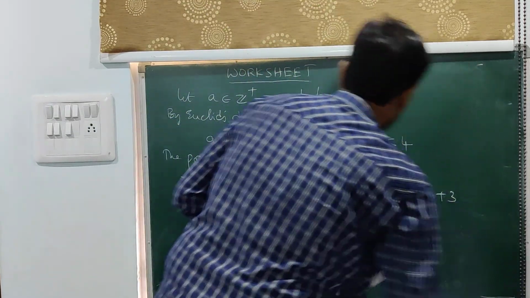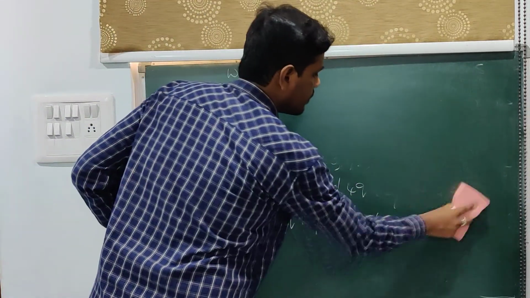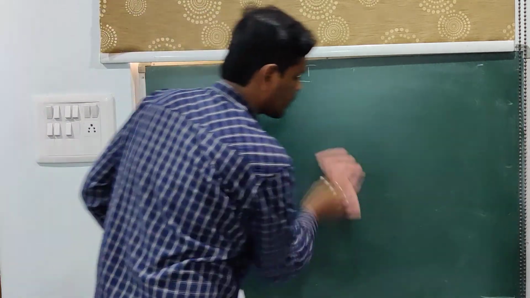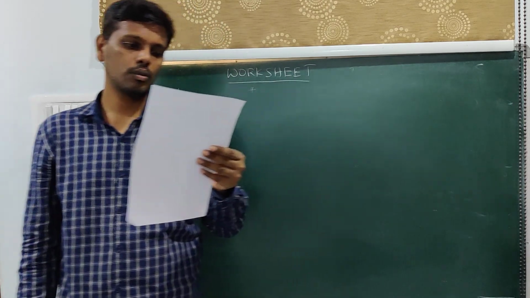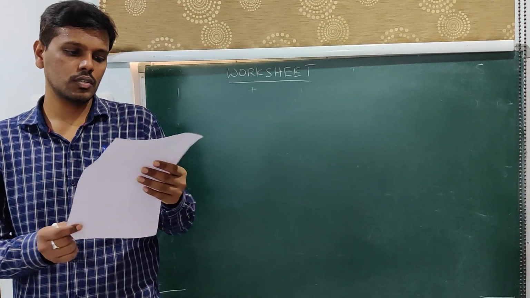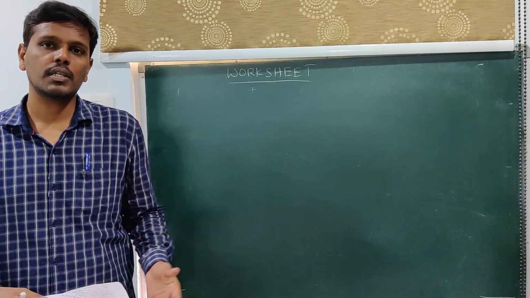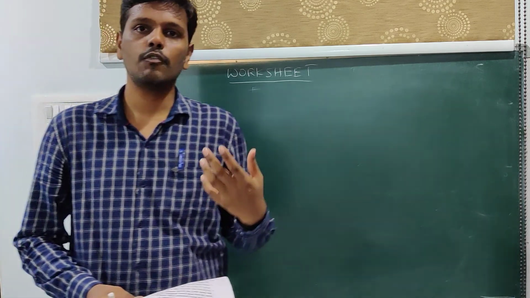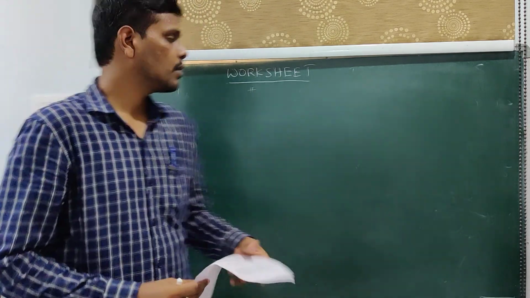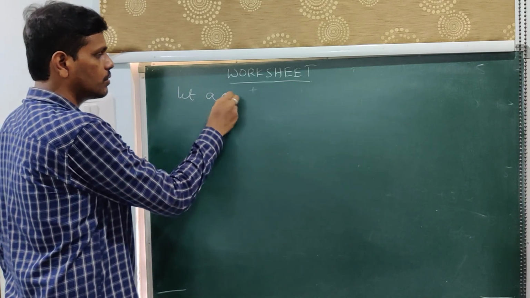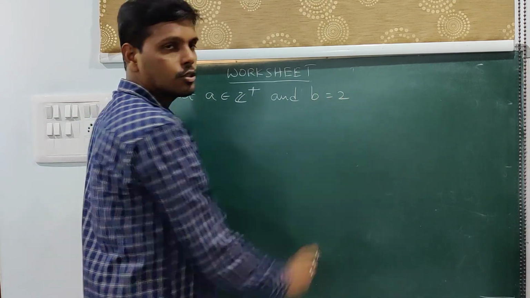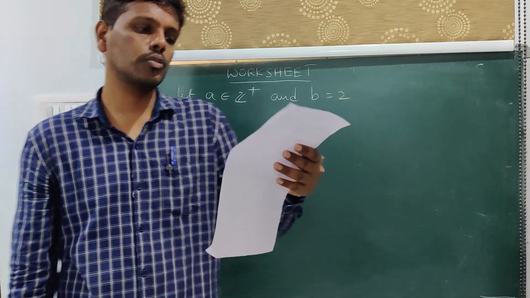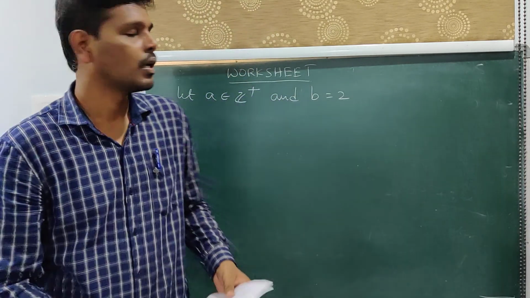Now let me move on to the third question. Show that every positive even integer is of the form 2q and that every positive odd integer is of the form 2q plus 1. So before we get into even and odd, that is two separate cases, let me try to identify the form of a positive integer. Let a be a positive integer and b is equal to some 2. Since we are supposed to prove 2q plus 1, I am trying to take b as 2.